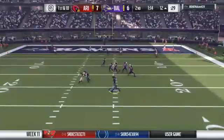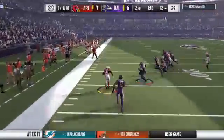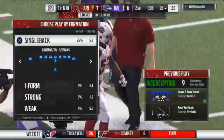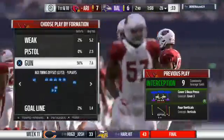They'll look to throw here on first down. Looking for Snead, and it's intercepted. A great read, and it's picked off. Well, surprise, surprise, partner. No, we know it's not a surprise. When you try to complete a pass against this Cardinals defense, there's a reason that they are known as the